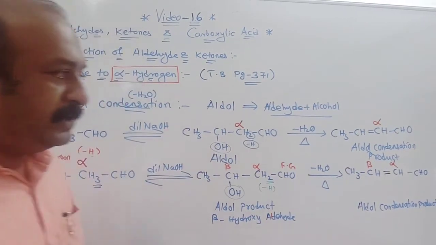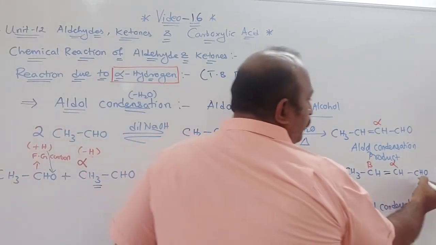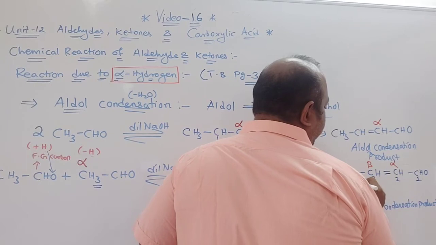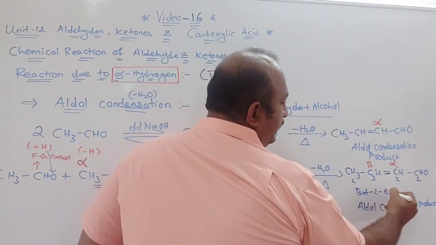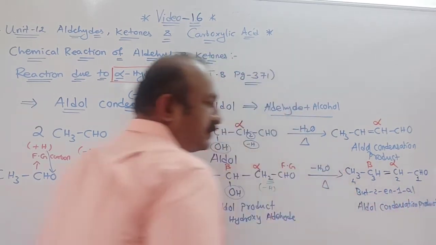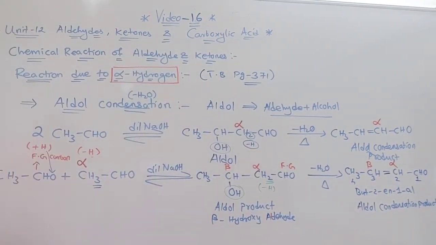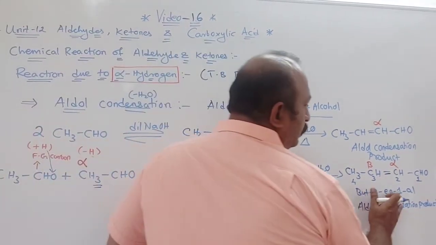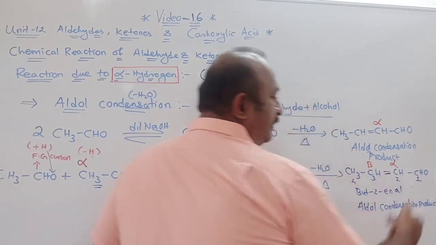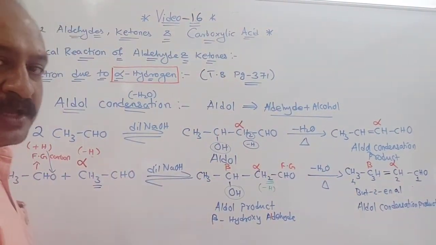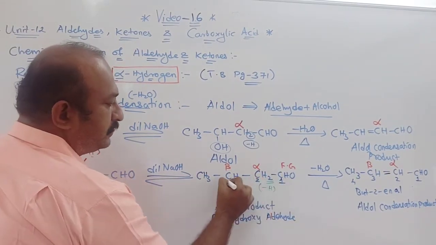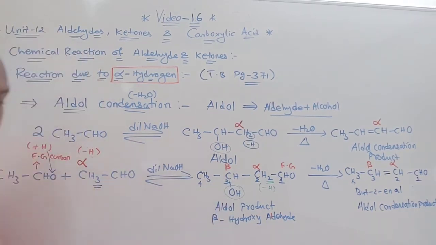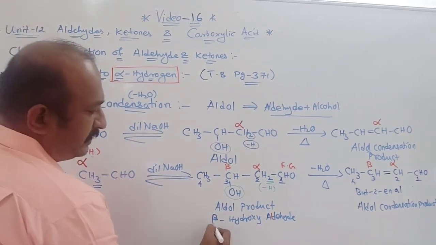Understood this part? Now if you want to name this product, it is very easy to name. Put 1, 2, 3 and 4. 4 means but. So it will be but-2-en-1-al. Butanal also you can say, but-2-enal also you can write as the name. In your textbook it is written but-2-enal, with the e removed. Now same thing, if you want to write the name of this product also it is easy. 1, 2, 3, 4. In your book the name is written 3-hydroxy.